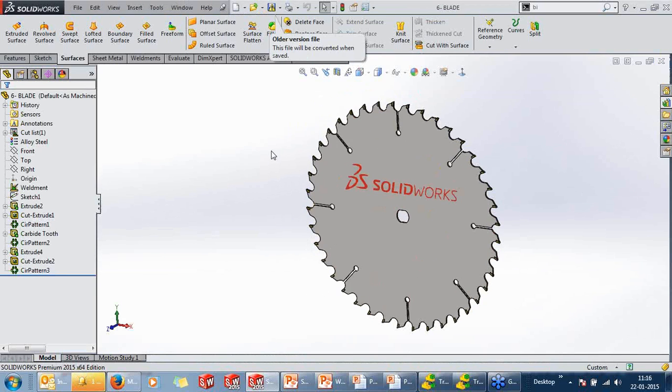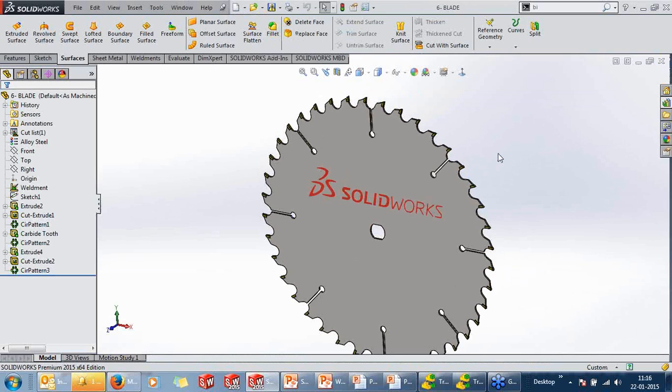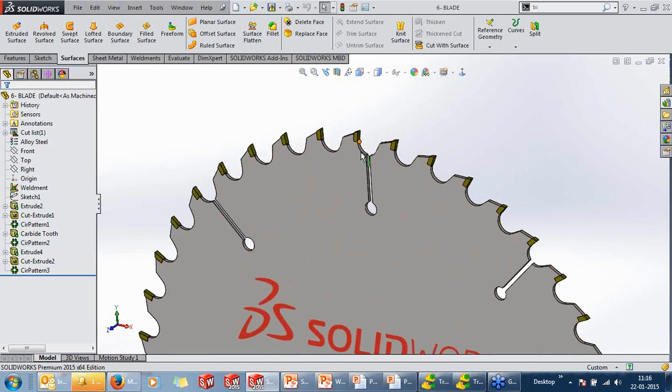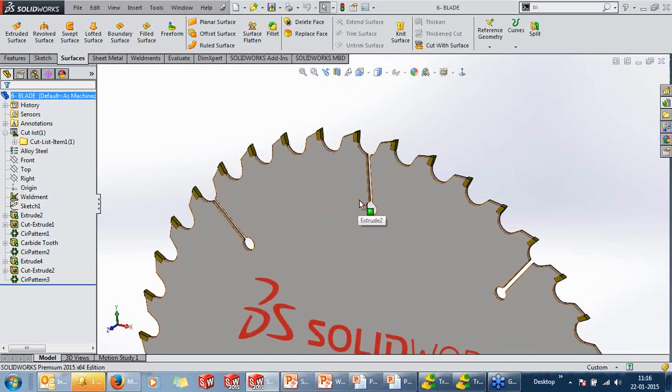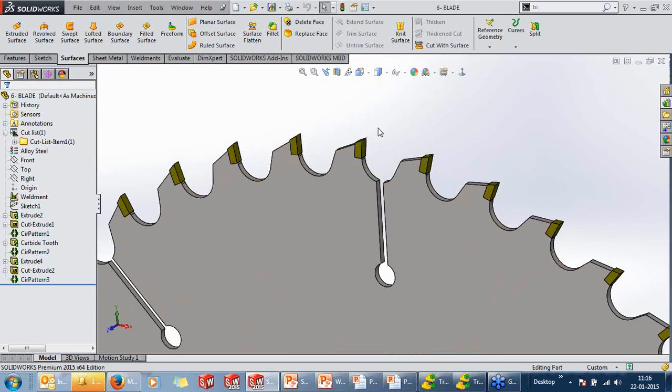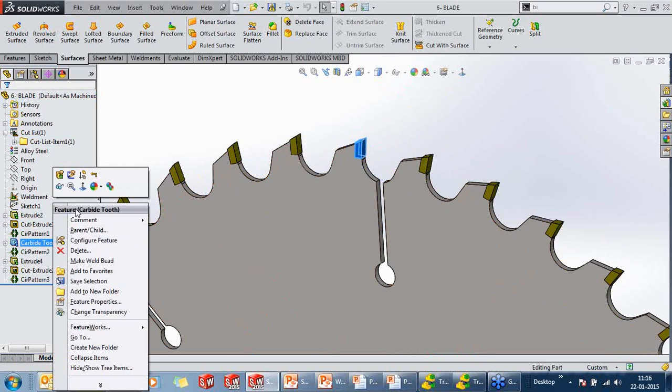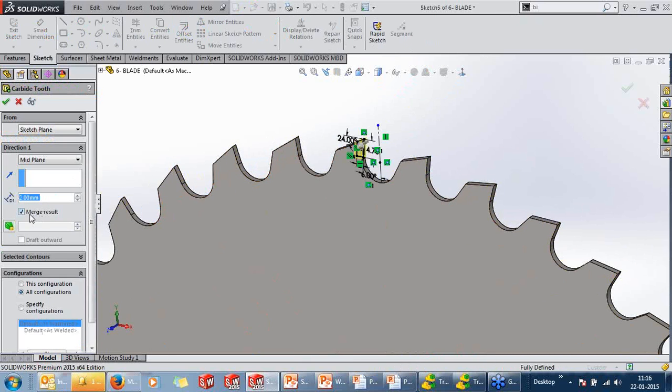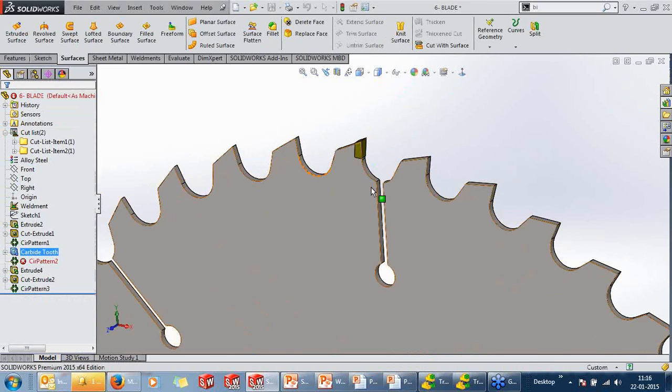Moving further, you can see a blade in here which has some inserts. This is a single body now. If I want to create a separate body, I go to unmerge, make changes, go to unmerge and give OK.